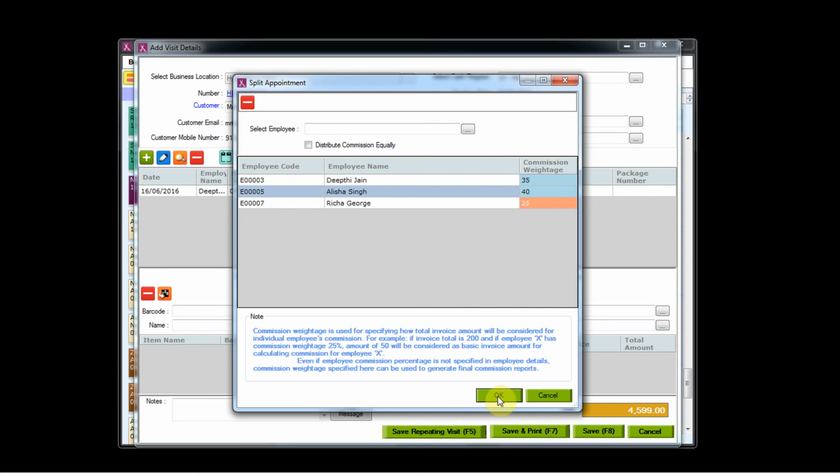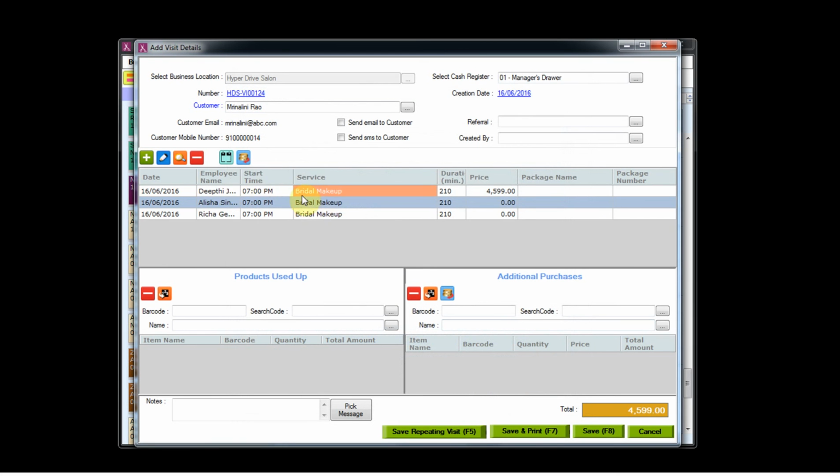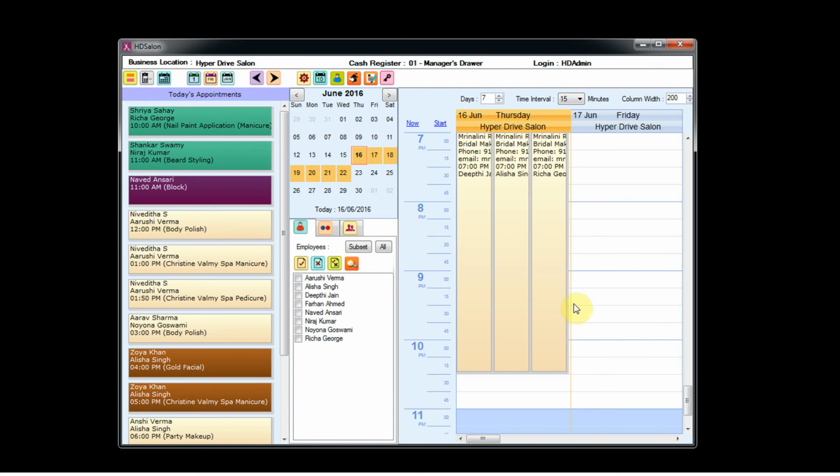Click on OK button. So here you will see the service that will be added 3 times since 3 employees are providing the same service, and click on Save button. So here you will see 3